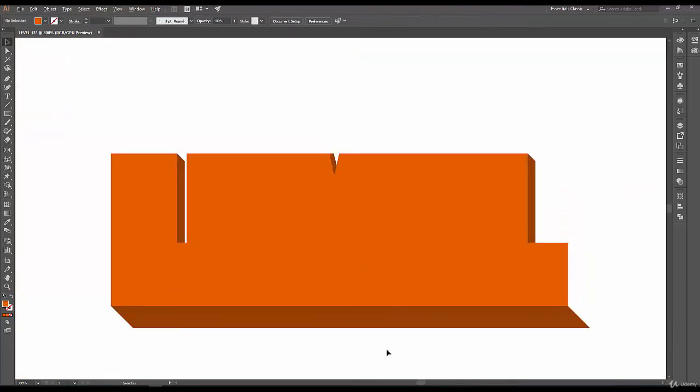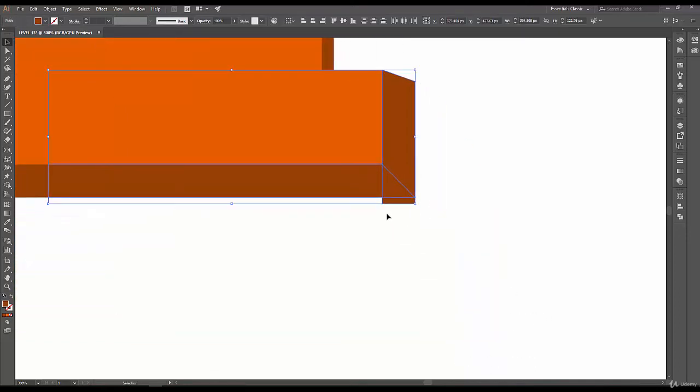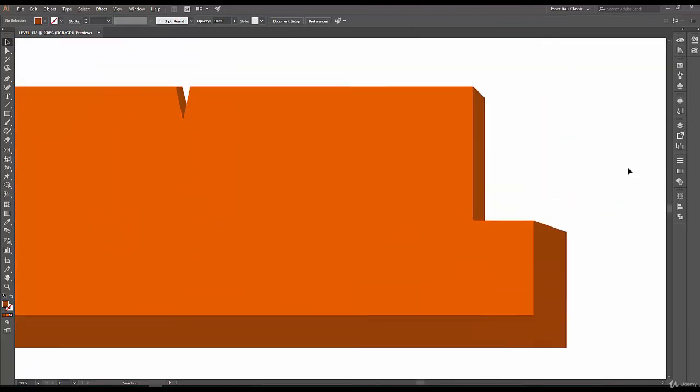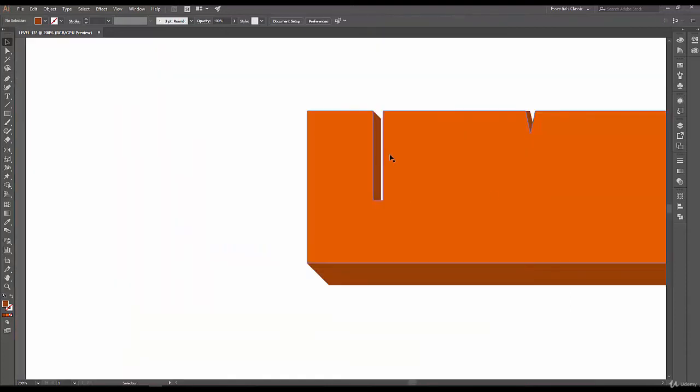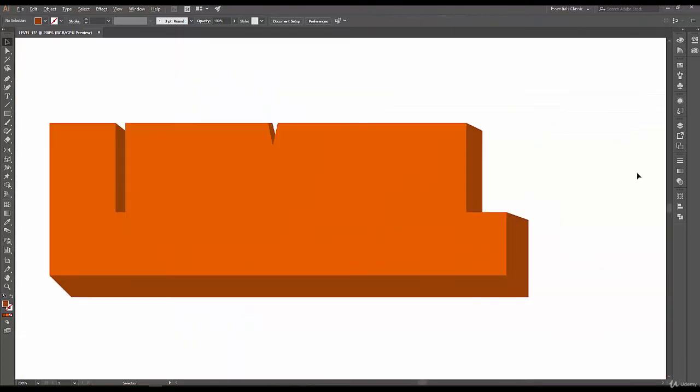There you go. Cool. Now we want to give it a side on this side here because it looks weird. So we're going to bring the side from here, connect it with the point, increase it on the side so it matches this point, and then we're going to select both of these sides and we're going to select the shape builder tool and get rid of this part. Cool. I think it will look better if we increase the size over here a bit because it looks a bit absurd. Cool.